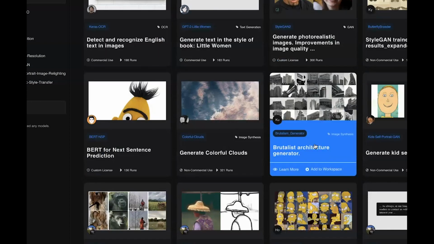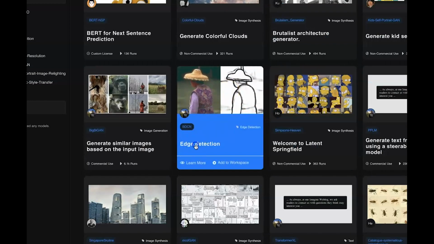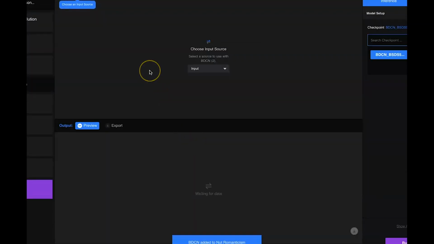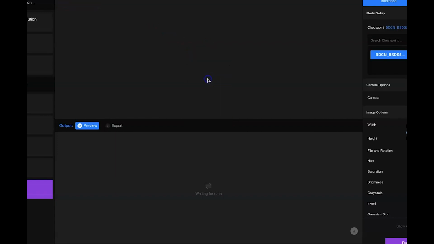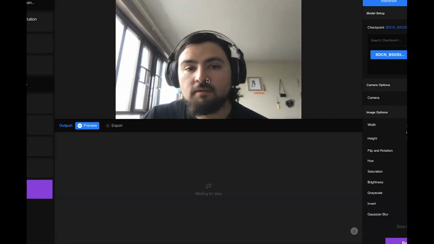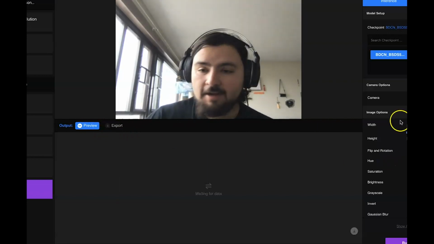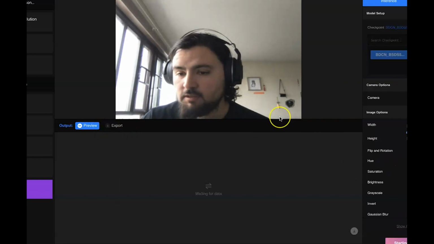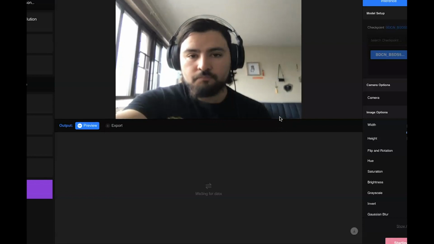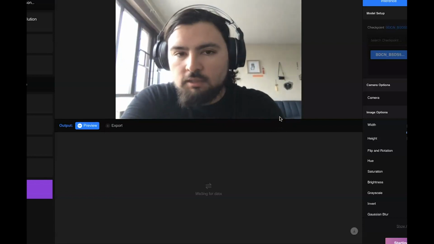Edge detection, for example. You have things like, I don't know, a brutalist architecture generator. I'm not a huge fan of those. We have edge detection, which is also, again, really useful for architecture students. As an input, you can select your camera or a file, for example. This is me. And if you process this, if you click run remotely, you will see that this will take